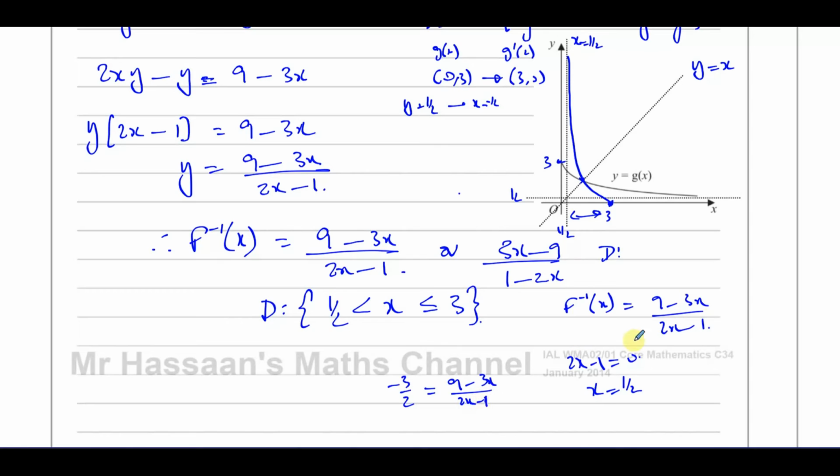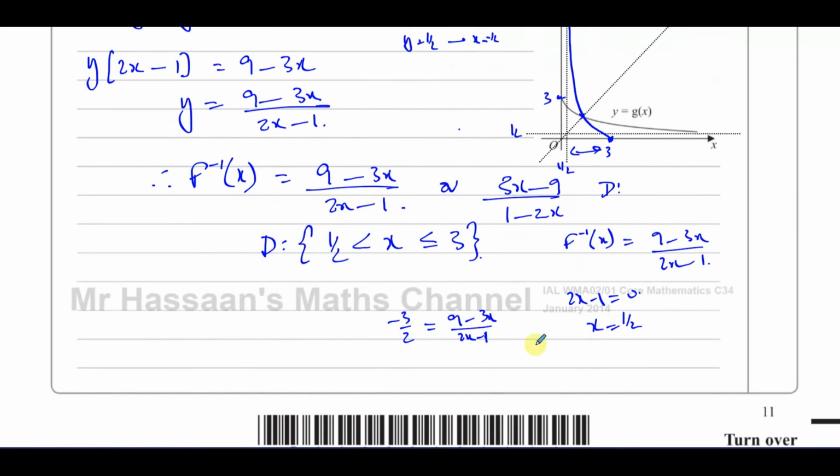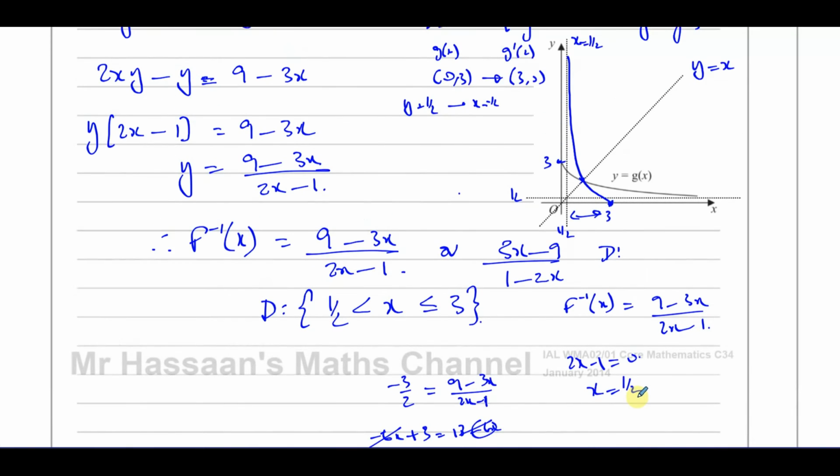How do we know that? Remember, we mentioned we divide the coefficients of x. If you try to solve this, you get minus 6x plus 3 is equal to 18 minus 6x. The 6x and minus 6x basically cancel out. Minus 6x plus 6x becomes 0. That will become 3 equals 18, which doesn't make sense. So we can see that the vertical asymptote is x equals a half,